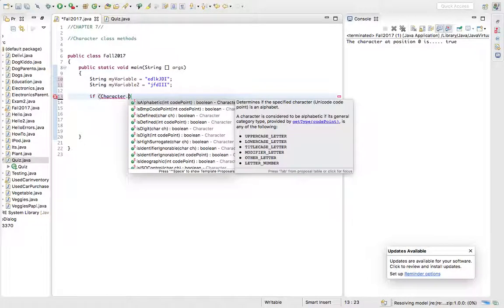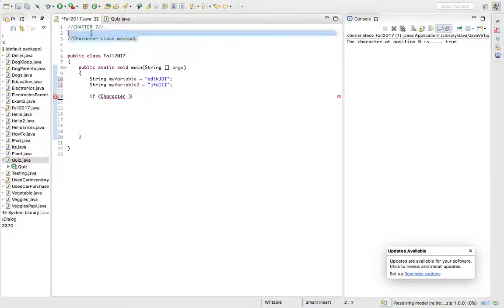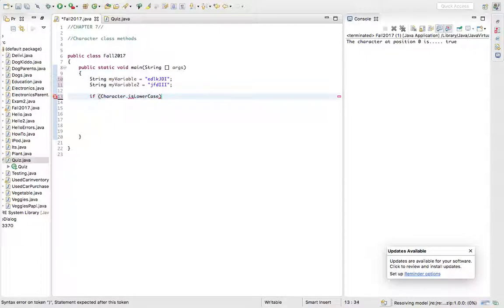So what I'm going to do is I'm going to say if Character, we're still working with our Character class. All these methods, like I said, are from the Character class, and this syntax here specifies that. Okay, and I'm going to say Character.isLowerCase for myVariable2.charAt, randomly we're going to put 4. Okay, and we're going to say if this is true,